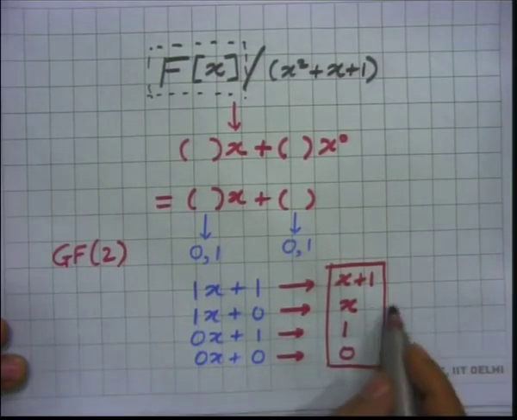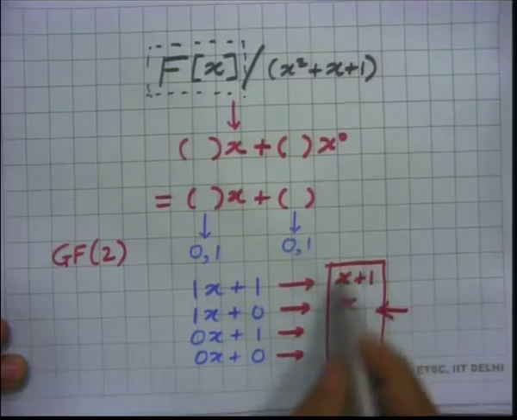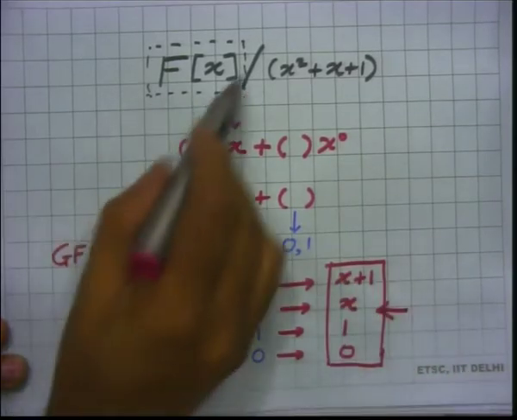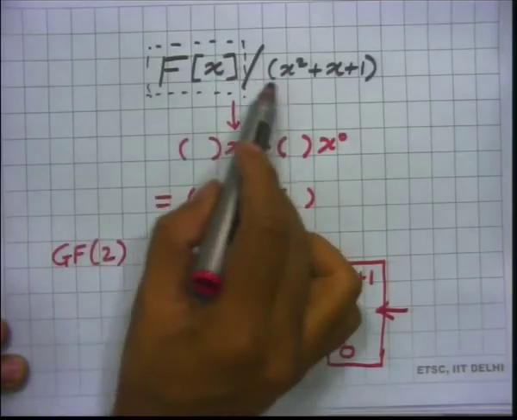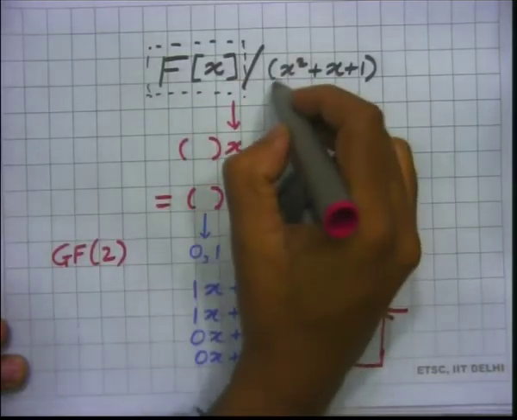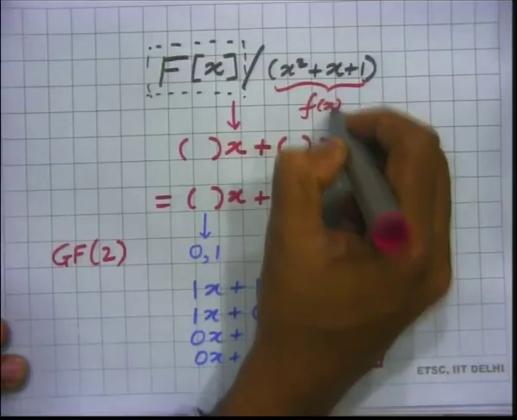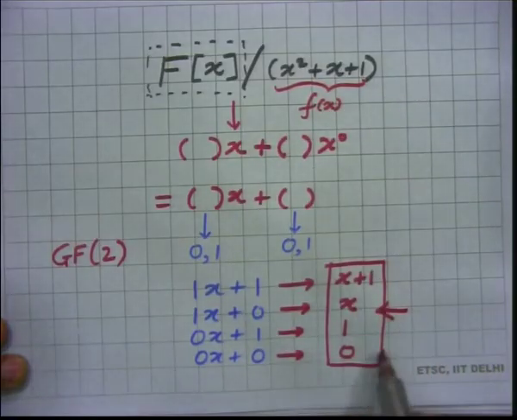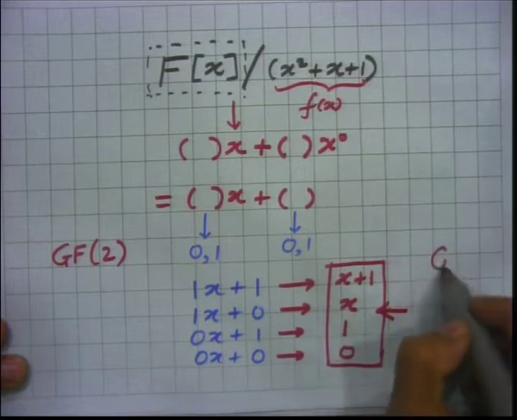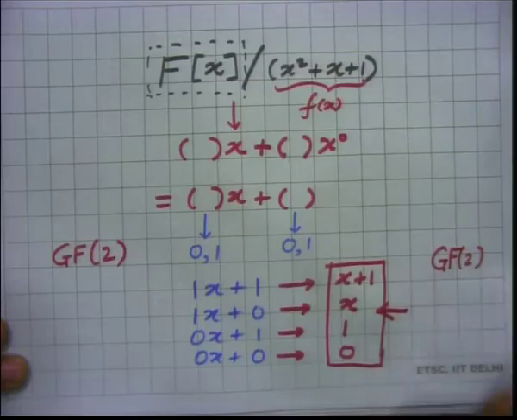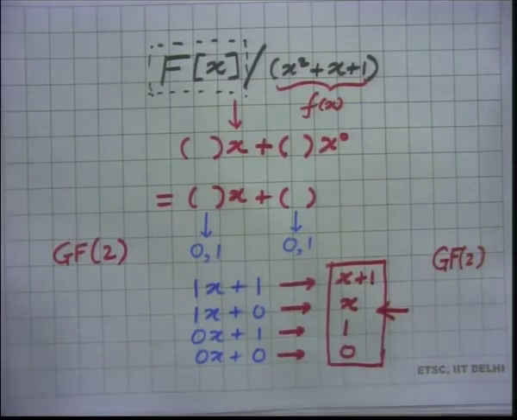Now, this is a finite set. From an infinite set, just because we took this modulo f of x operation, we ended up with only 4 distinct polynomials. Now, they can be added, multiplied, subtracted as we want, provided we are following this rule. Now, if you go back to the slides,